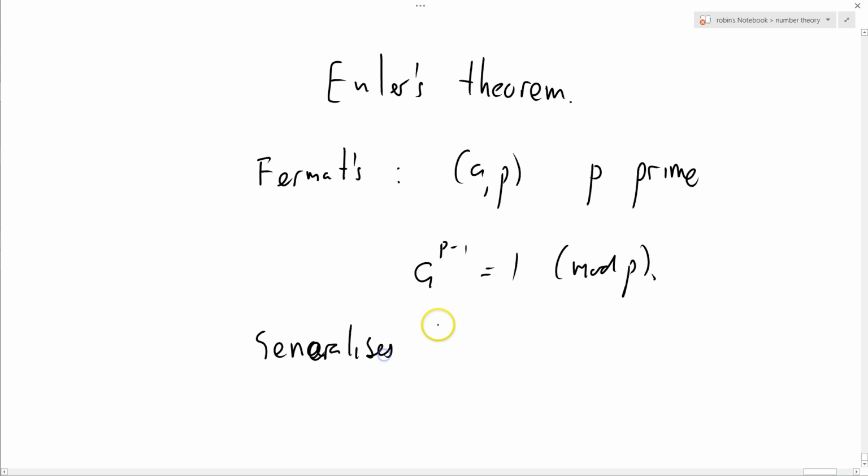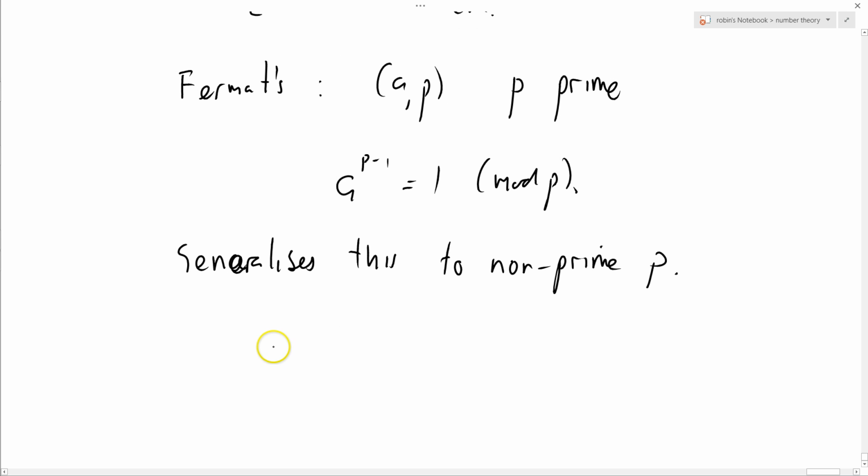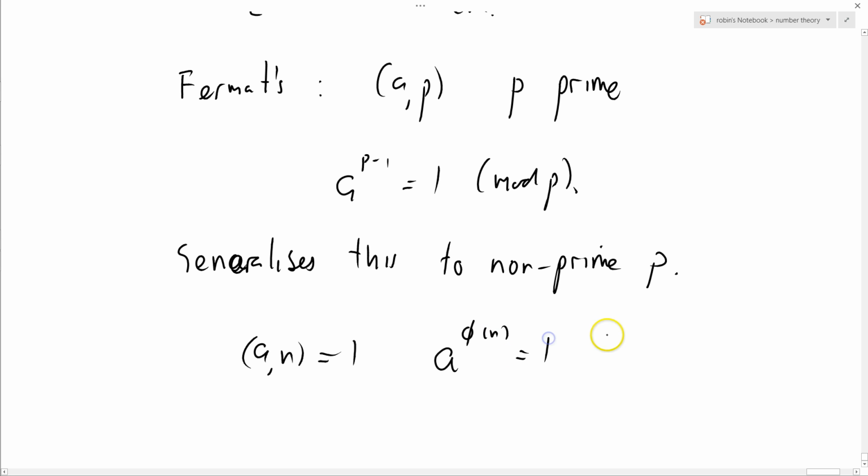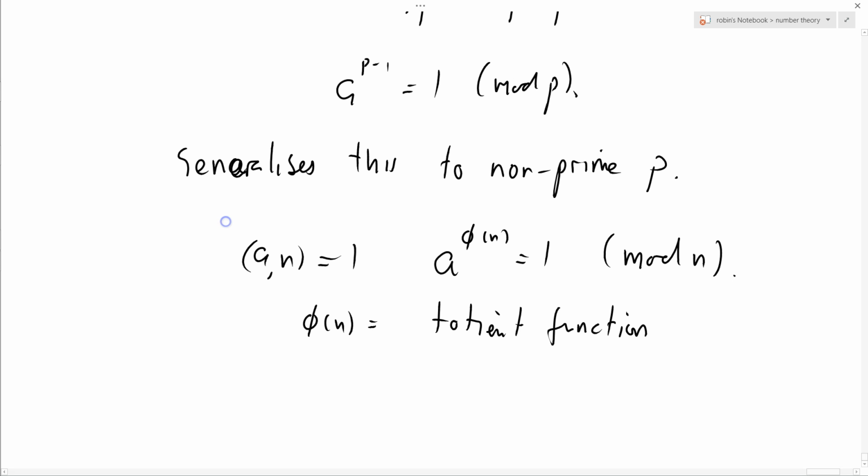Generalizes this to non-prime p. Well, let's just state it. If a and n are relatively prime, then a to the power phi of n equals 1 modulo n, where phi of n is the totient function, which I introduced in one of the previous screencasts,